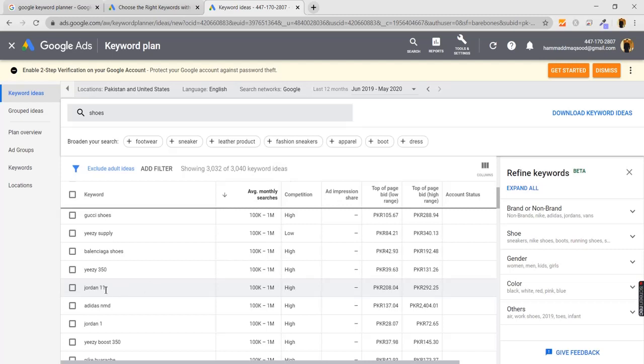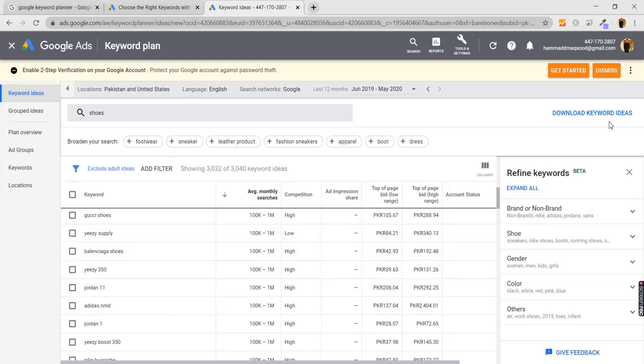Like if I find this one as an appropriate keyword, I can highlight it as green, and by exploring all the keywords we can extract the green highlighted keywords by applying a filter. And then we can use those keywords in our content.